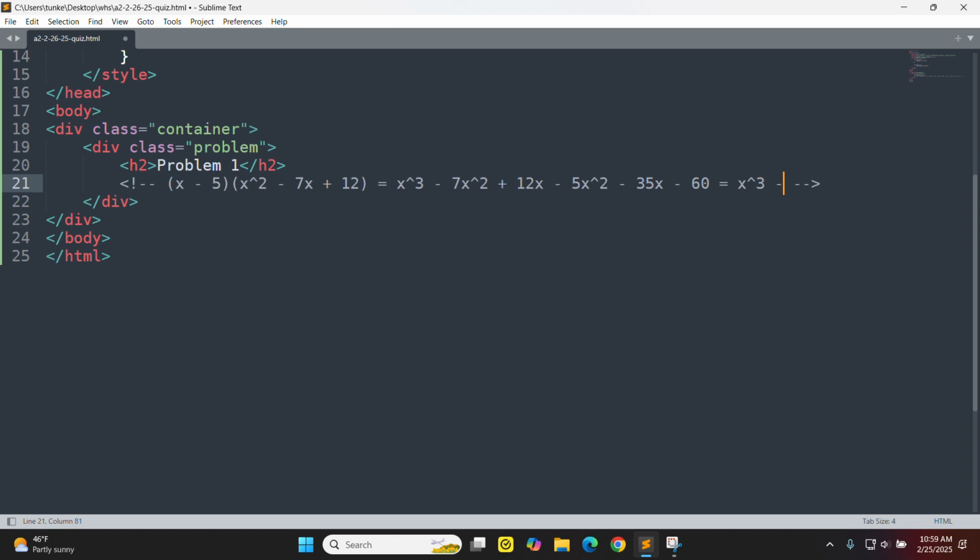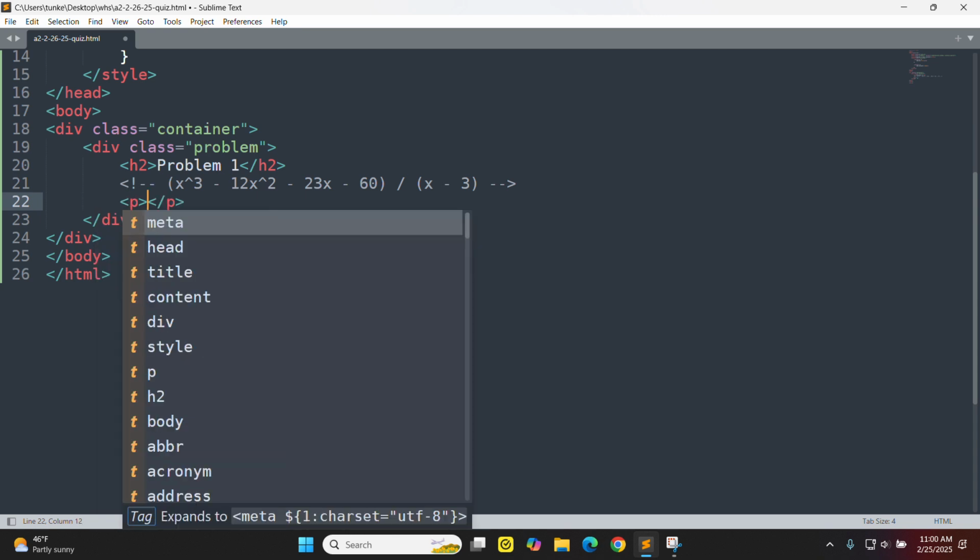We want to combine the x squared, so minus 12x squared. Combine the x's, that's going to be minus 23x, and then minus 60. Okay, so let's now clear this up, because we want to have this now divided by x minus 3. So that'll give us a remainder of 0. All right,